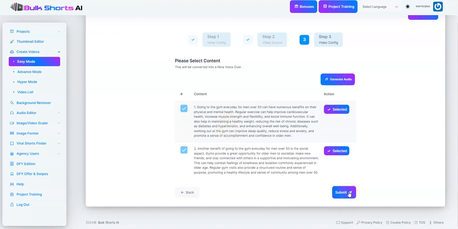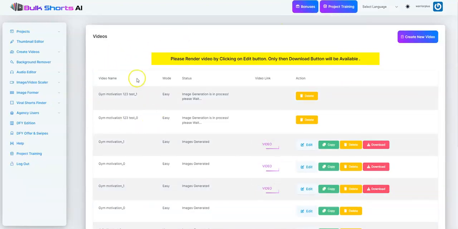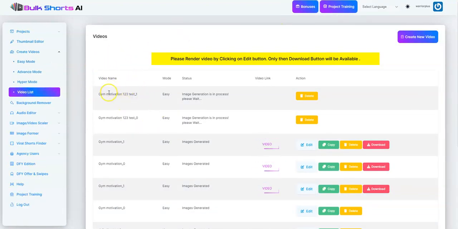And I'm gonna hit on submit, and this will then save that particular video over here. So remember, we had 2 videos listed over here. One video is listed over here and the second one is listed over here. So we'll just wait for the AI to generate the images, and then we can generate the video. And now